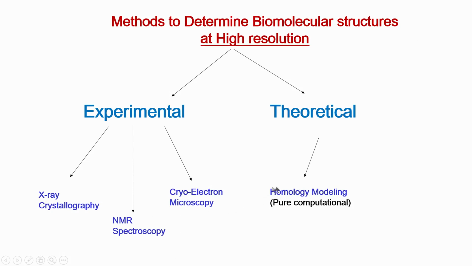Now, one can use a purely computational approach. You do not have to actually do any experiment, do not have to make any sample, you do not need all these instruments. You can simply sit at a computer and get the structure of a protein, again in very high resolution, and that is using a homology modeling concept. Homology modeling means you have another protein which has an identical or similar sequence. Remember, we are looking at the primary sequence, we do not have the structure, but the primary sequence is very similar or identical to another protein for which the structure is known.